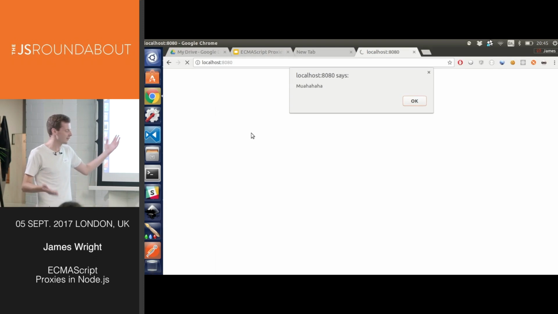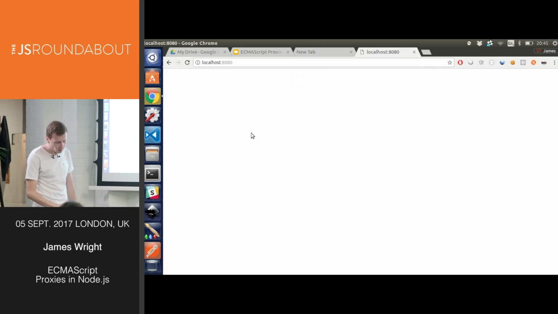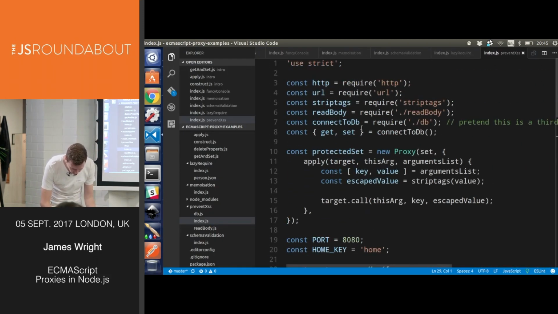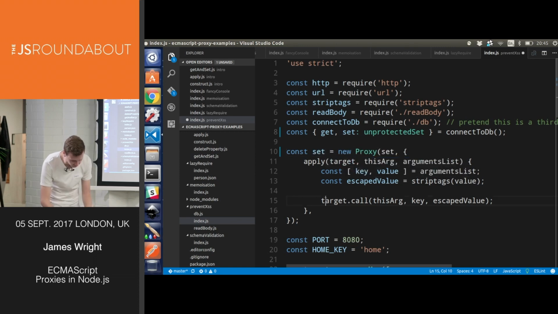And I mean, that's just an alert. Someone could potentially do a window.location.href assignment and take the user to somewhere incredibly dodgy. We don't want this. So what we could potentially do is, you can see at the top, I'm creating a pretend DB connection. It's just a memory store, really. And what we can do is unprotected set. So if I proxy this function and make this the set method that's invoked in the post handler,